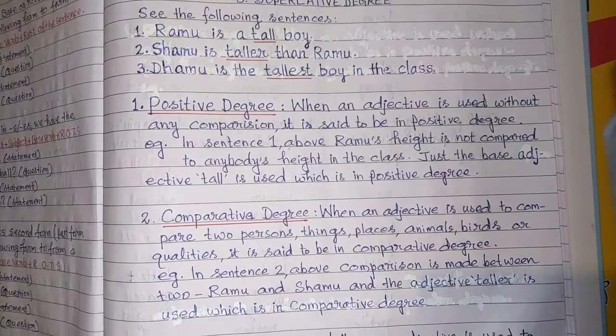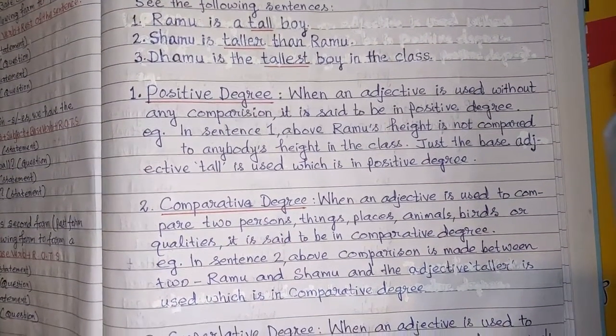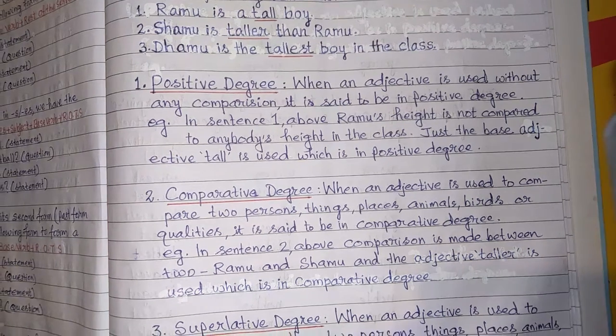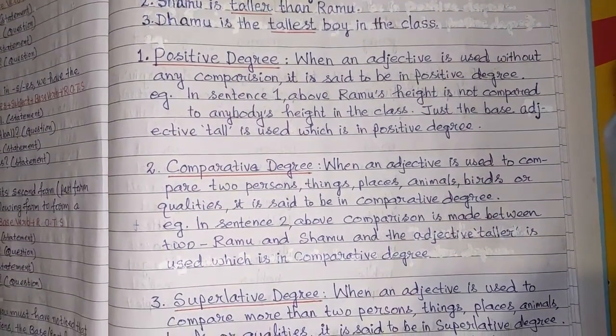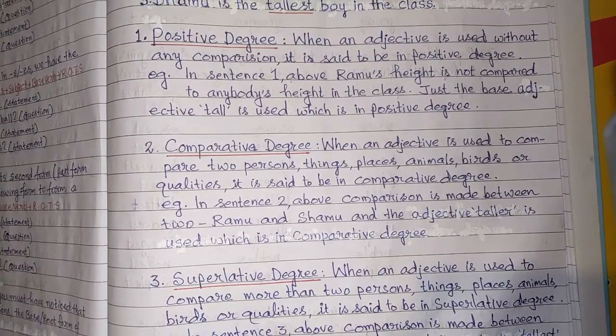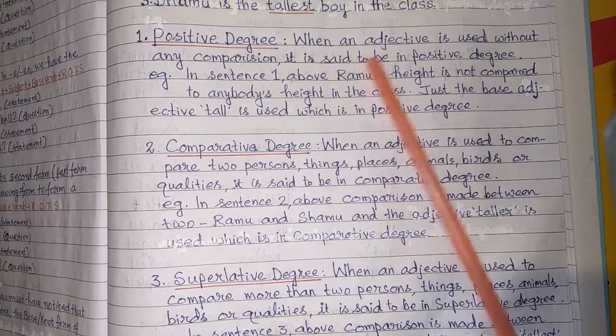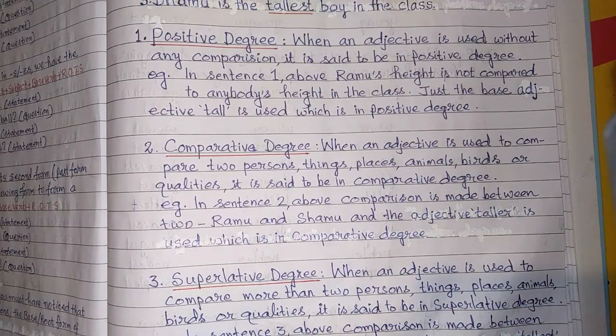So now that we have come to know that the 3 degrees of comparison: positive, comparative, and superlative. So now we will try to learn these 3 degrees of comparison one by one. So first one is the positive degree. So what is positive degree of comparison of adjectives? When an adjective is used without any comparison, it is said to be in positive degree. So when we are using an adjective without making any comparison, like